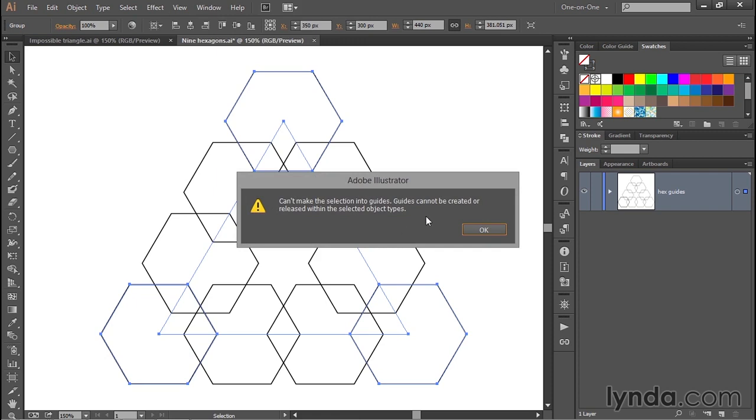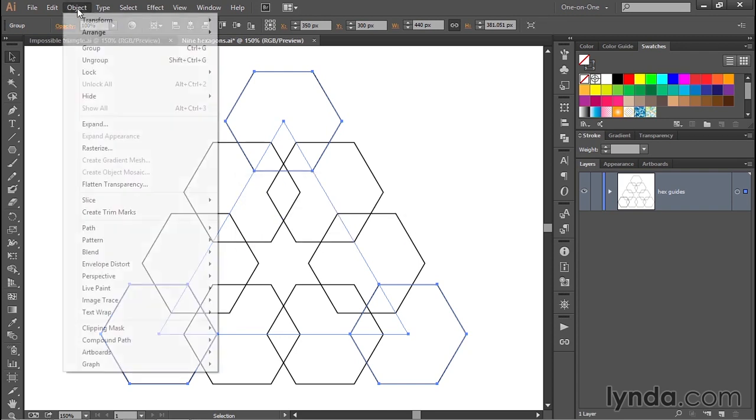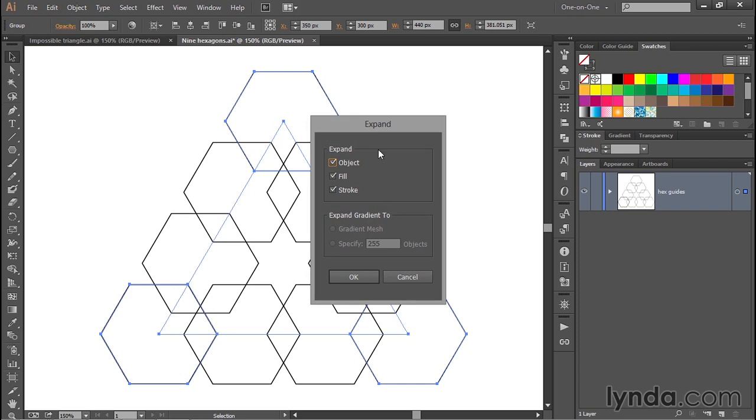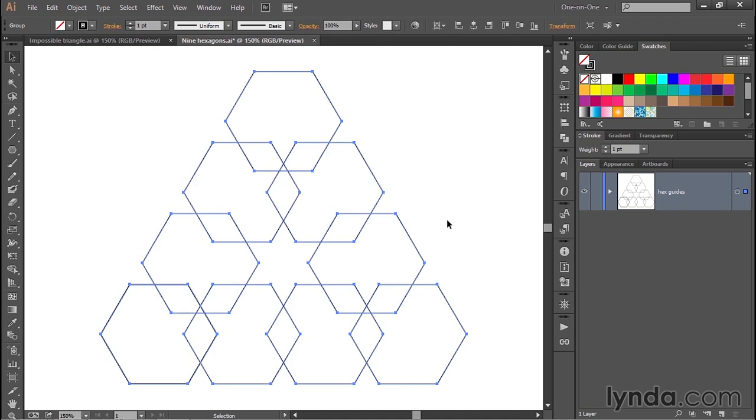And the problem is the blends. So go ahead and click OK to hide that alert. And then go up to the Object menu and choose the Expand command to bring up the Expand dialog box. Fortunately, we don't have to make any changes, so just go ahead and click OK in order to expand out